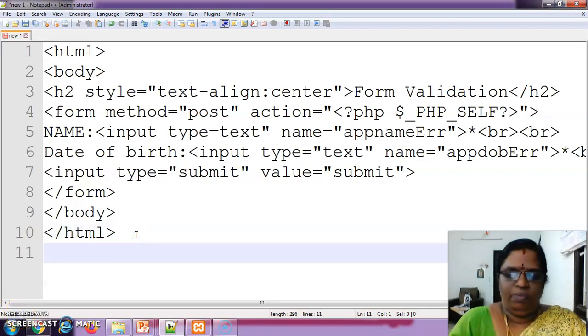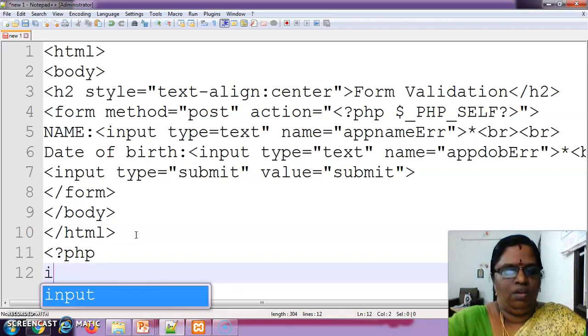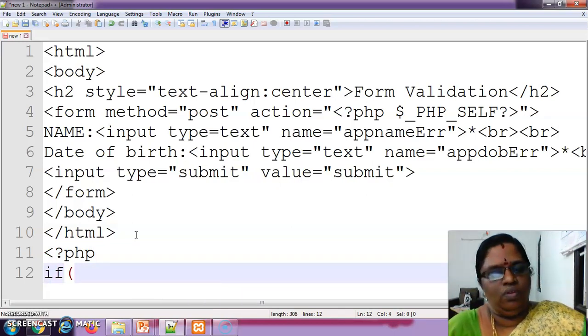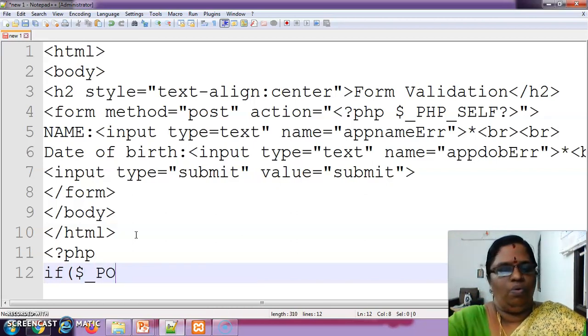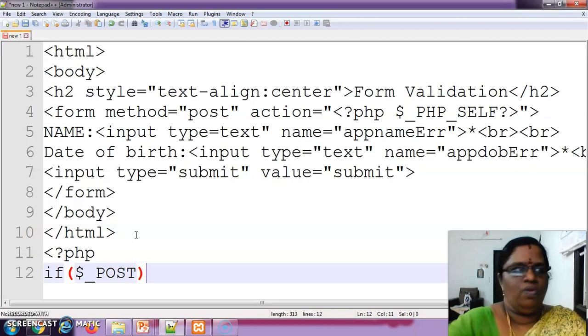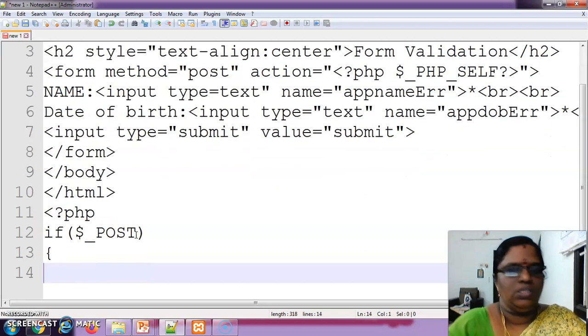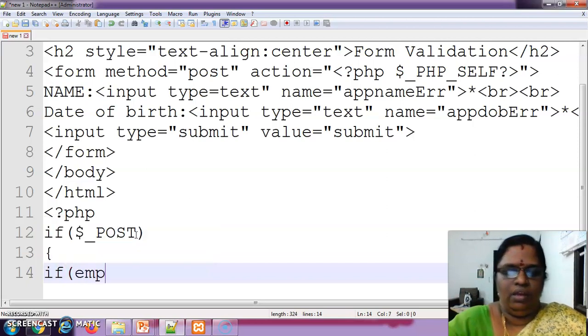Okay. PHP program. You want to type PHP if post, because we have given post, right? Yes. So if post, what it wants to do is if empty.